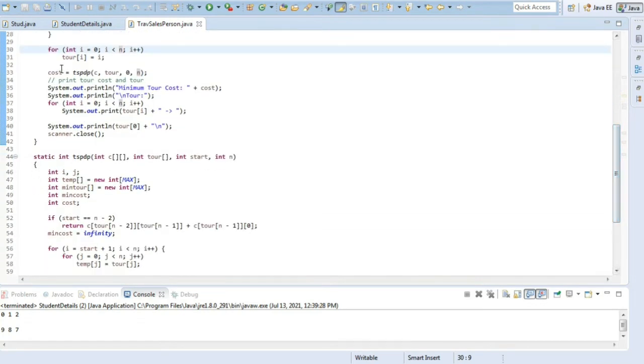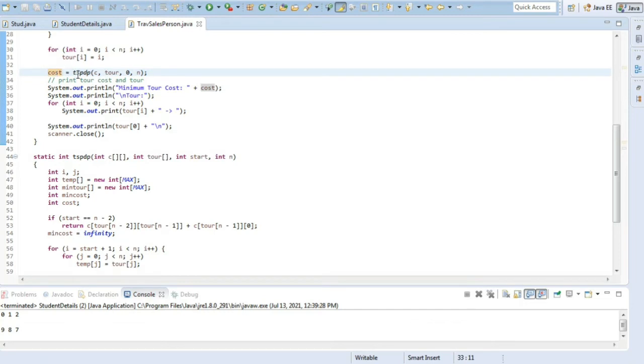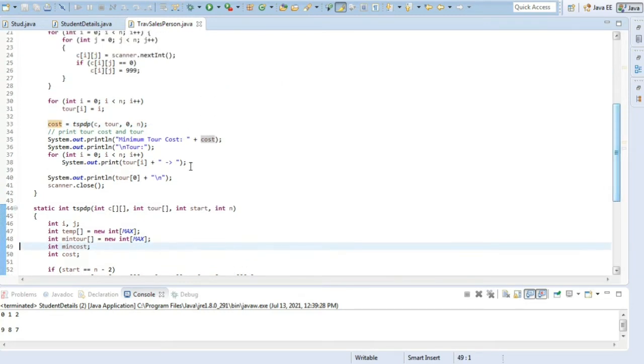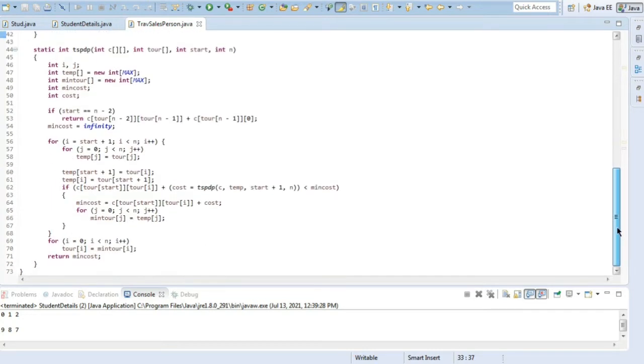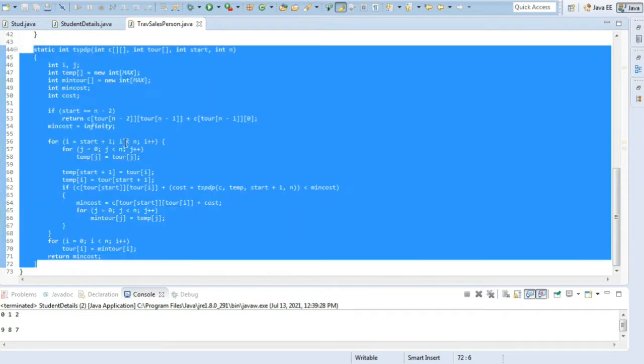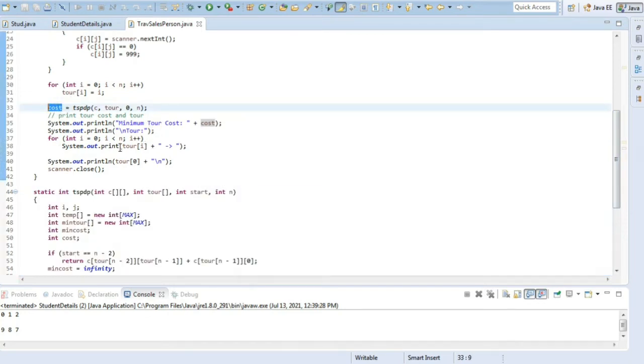Now see, we are calling the cost function. Cost is equal to TSP-DP. We are passing these values. After this point, it's just the printing of the values, meaning the shortest path and the least cost. Okay, what will be returned in cost? The minimum cost. Now what we are concerned about is this one. This is the main line of code. Through this line of code, we'll reach this function here, execute it, and then get the minimum cost, which will be saved here where we called. Cost will have the minimum cost, and that will be printed, as well as the tour of i, meaning the sequence of cities which you have to travel. That will be the final result.